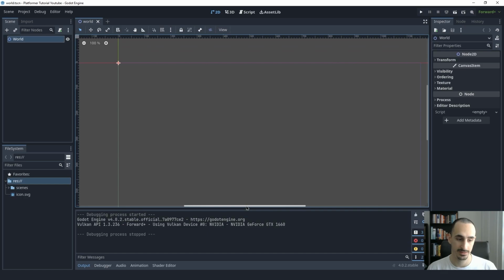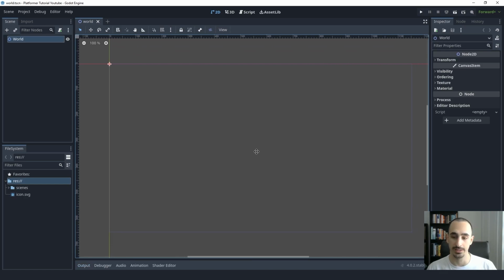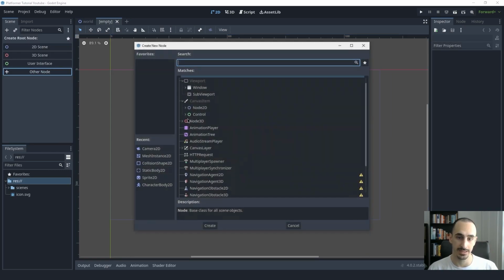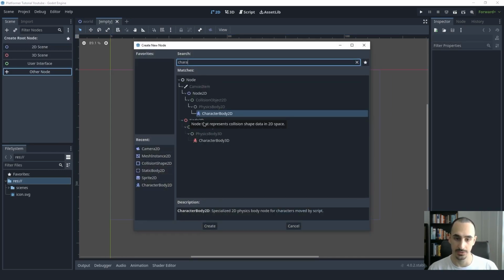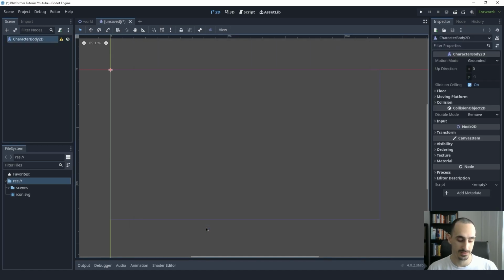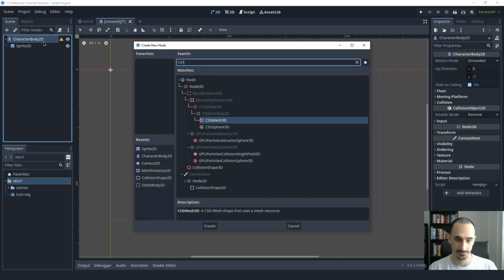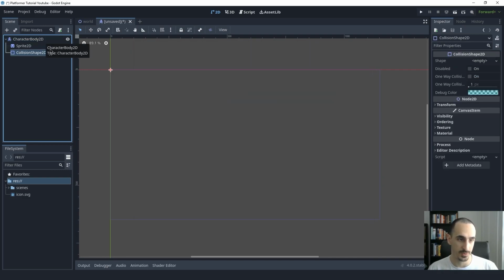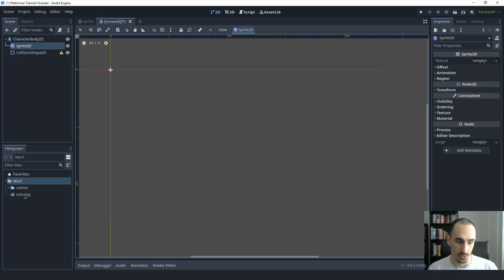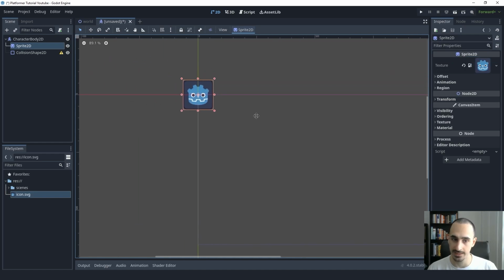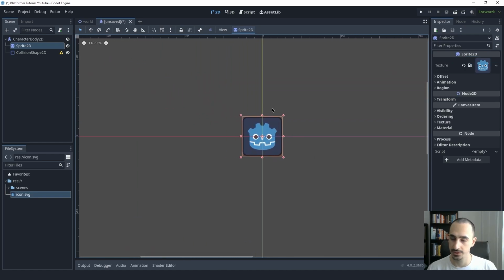Okay. Now we can start working on the platformer controller, the main player scene. This is going to be a new scene, and this will be a character body 2D. This is going to have a sprite 2D and a collision shape 2D. For the sprite, we're going to use the default Godot icon for now. I don't have any assets yet. In a future video, I'm going to bring in some assets, but for now, we're just going to use this